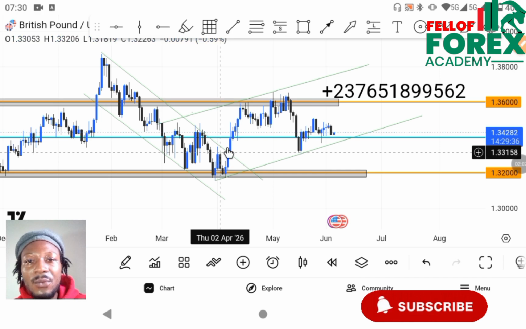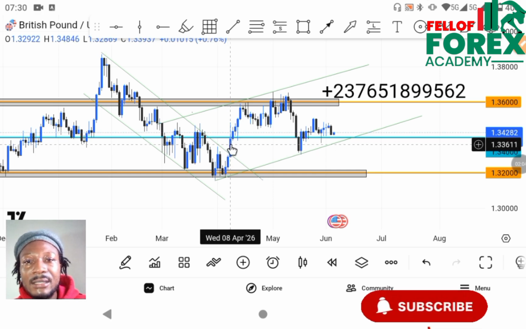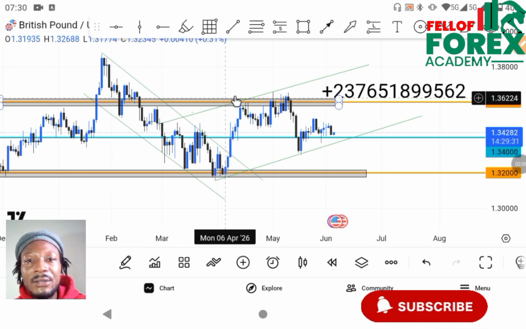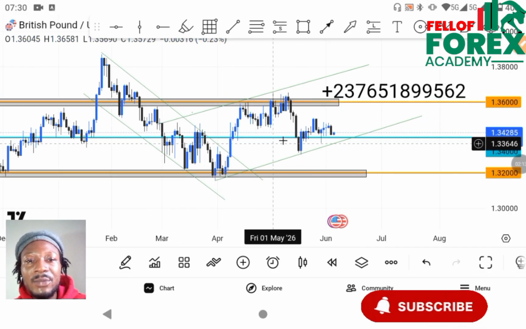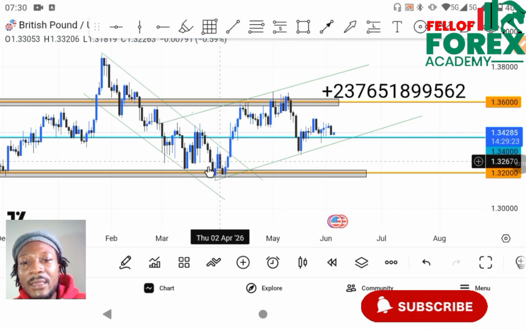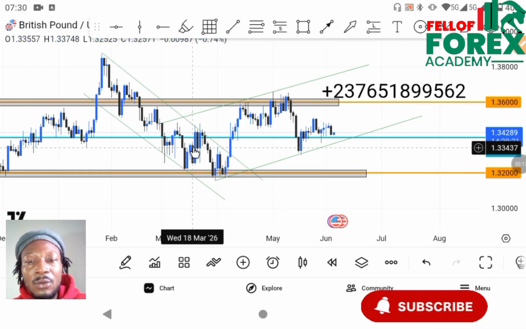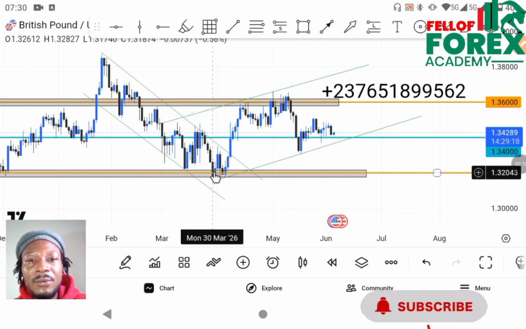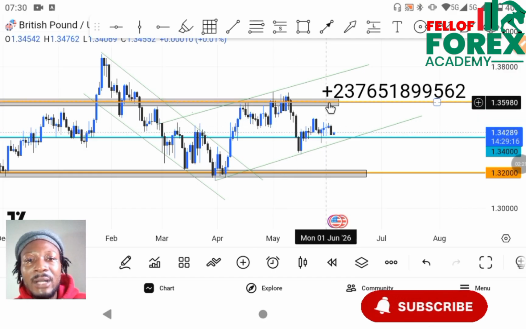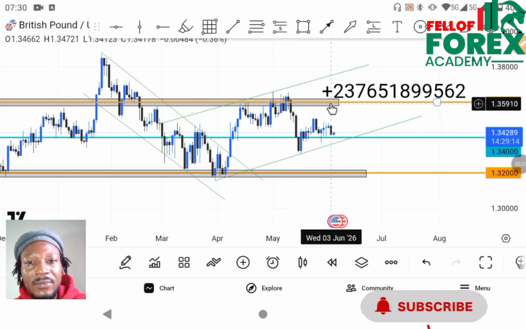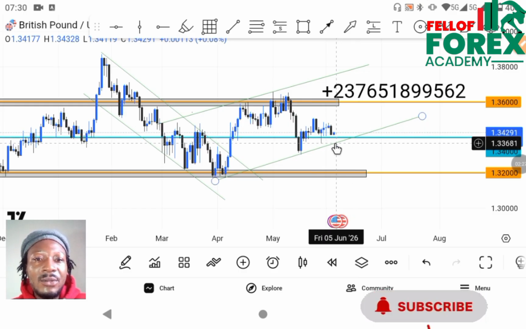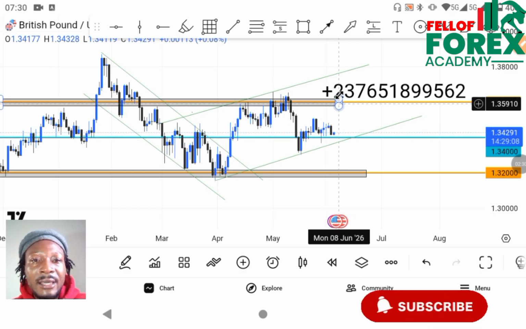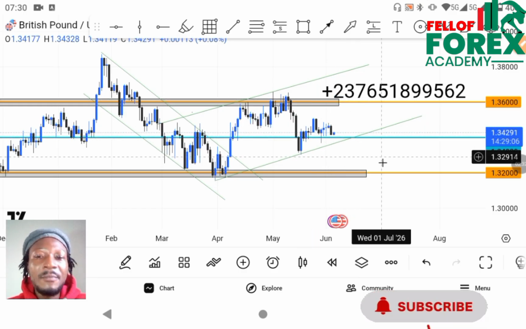And you remember, when we had a breakout of this, what happened? We saw this massive move to the upside, all the way up to this level. And price was ranging within this level. And now, the key level that was actually close was the one below. Looking at what we have here, where is the closest key level? It is 1.36000. So there's a possibility for us to range around here, maybe tap on this key level